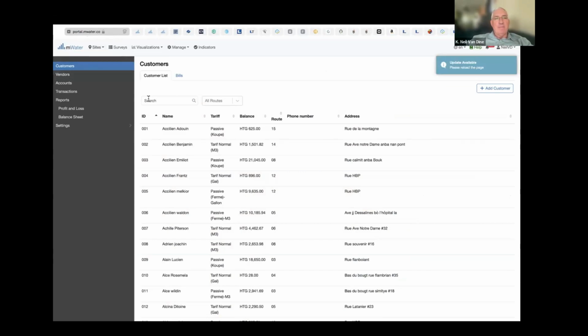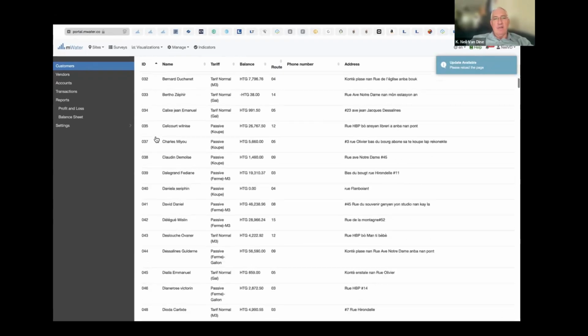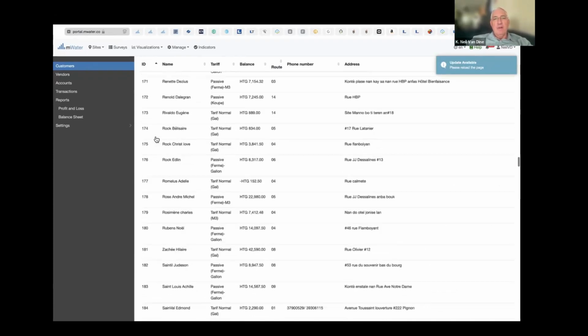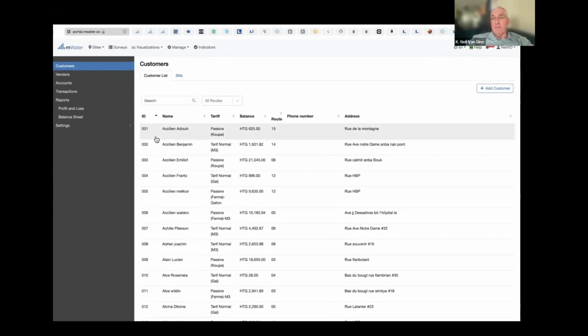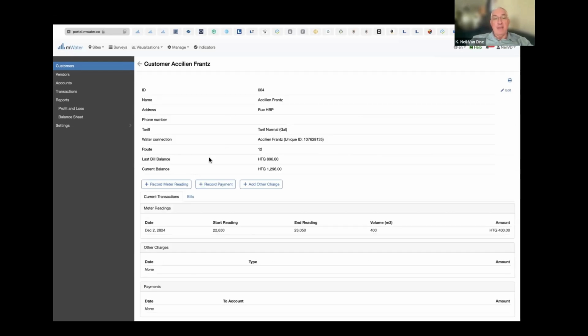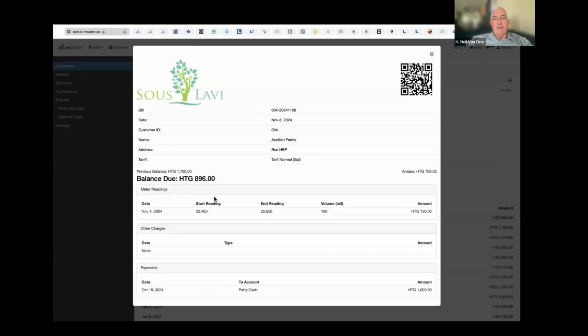We use it to manage the Pion water network itself. This is a list of all the customers for the Pion water system. We've used that to transform the Pion water supply to a 24-hour water supply. Every home in Pion has access to a pressurized chlorinated water service with a water meter 24 hours a day. These are their customers, and each customer gets a bill every month. This is inside mWater that does that. So we use it to create a bill. They get their meter reading and so on and so forth.